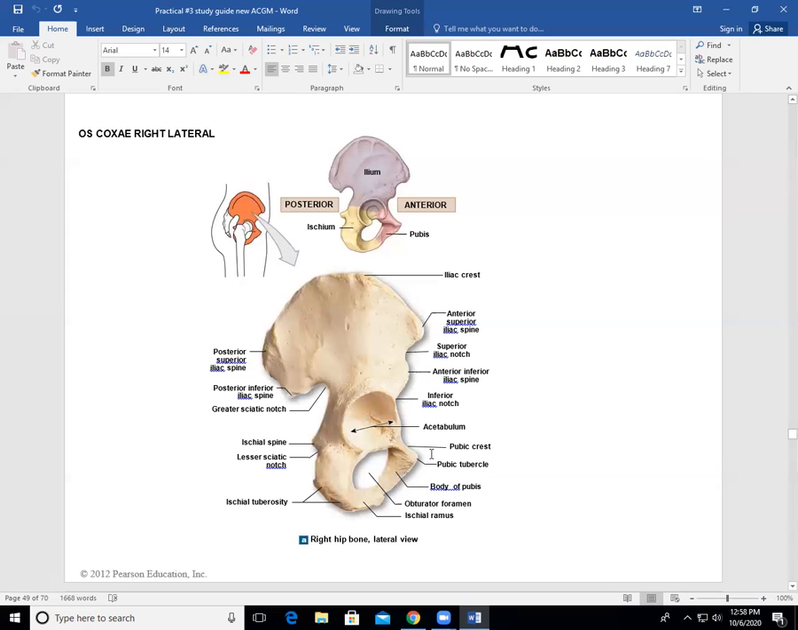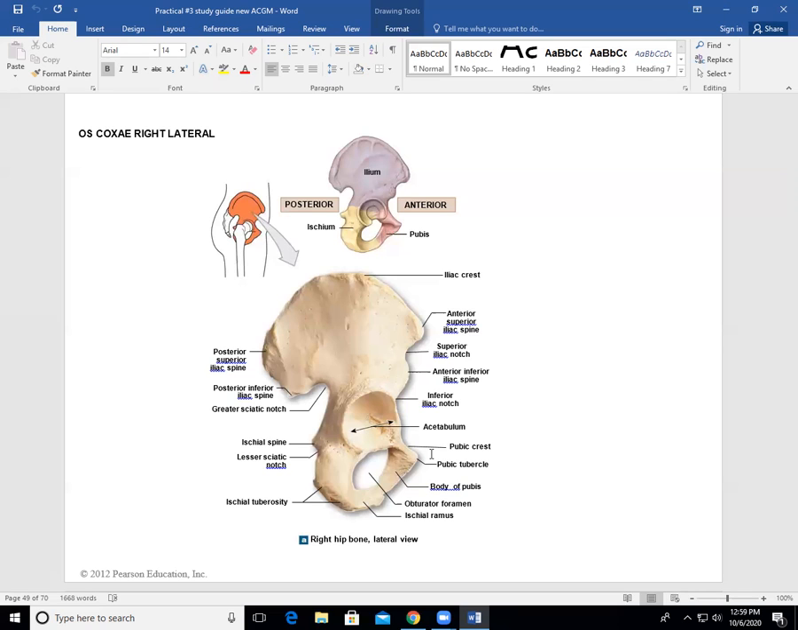Pubis has to face front. And so based on it being to the front, if you orient yourself, okay, pubis is front, ischium is posterior. So I would turn it so that the ischium is facing you. If the acetabulum faces to the right, it's a right